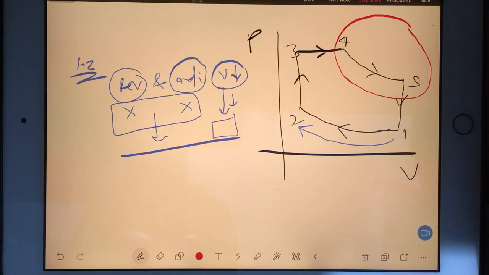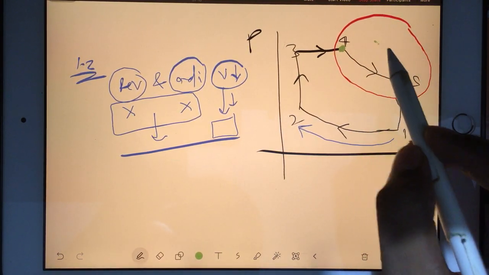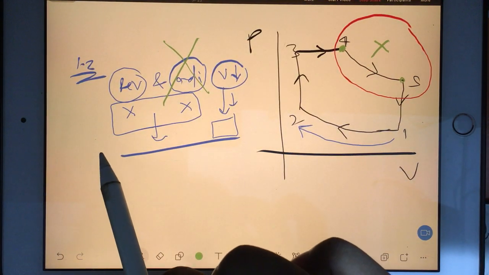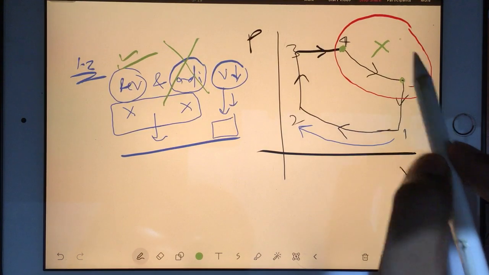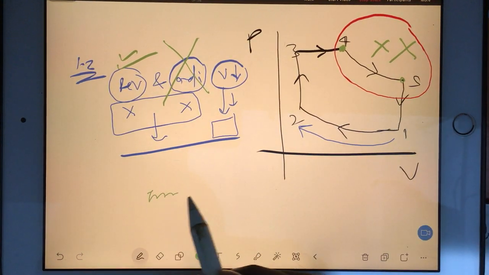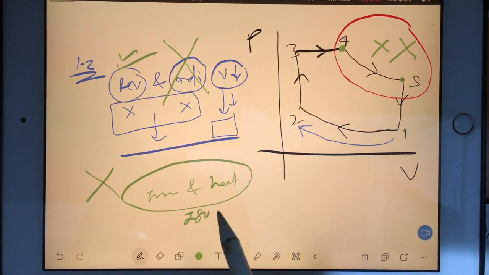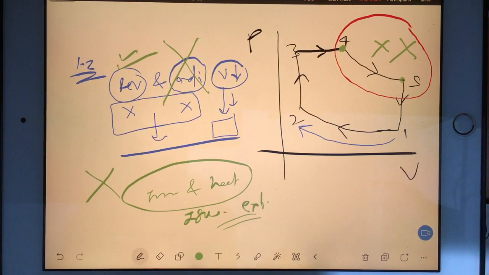Clear? Expansion is there, done. But that is not the full name. Another one is 4 to 5, you are not supplying heat. So because of heat, there will not be any change in entropy. At the same time, we are considering reversible. So because of irreversibility, again there is no change in entropy. So irreversibility and heat, they both are not changing the entropy. So that's why isentropic. At the same time, volume is increasing. So expansion, isentropic expansion.